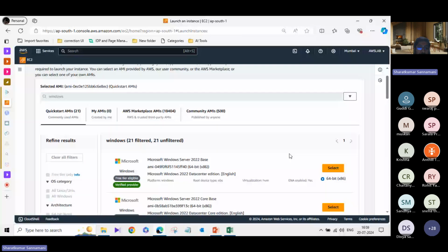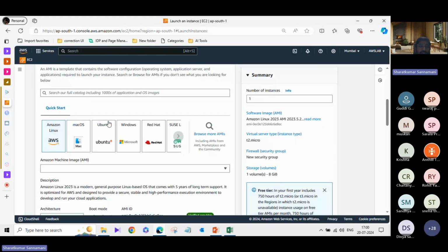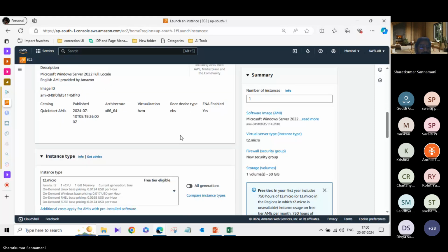If you see, I am using a Windows machine here under the free tier. Amazon is giving this for testing, practicing or learning purposes. They have a free option where you can go ahead and utilize the free services. So for learning purposes, we are using the free Windows machine. For example, if you want to purchase one Windows operating system, it is thousands of rupees, right? Here there is no cost. You can directly go ahead and use it.